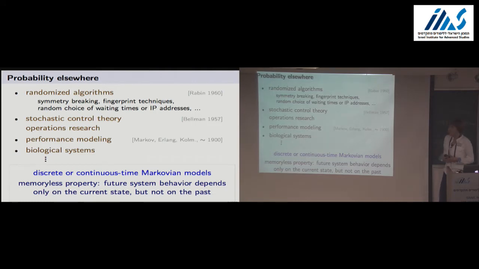Now, when you want to analyze such probabilistic systems, then there are many types of models, and of course the analysis has to be specialized for the model you consider to come up with algorithms which really decide a verification problem. You need some assumptions on the model. One thing is typically finite state, and the other thing is to use the Markovian property, Markovian models. And the meaning of this Markovian property is memoryless, which states that when you have reached a certain state, then you can forget about the history. The future behavior only depends on the current state.